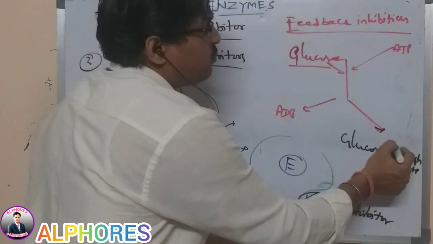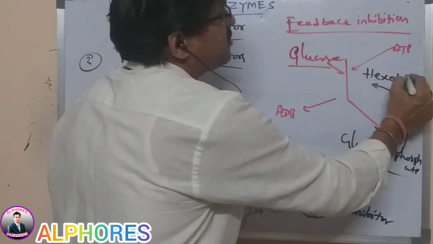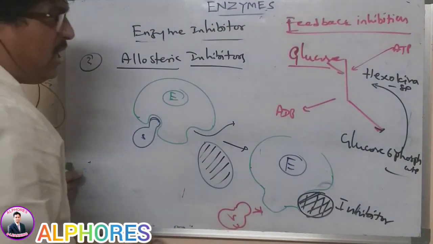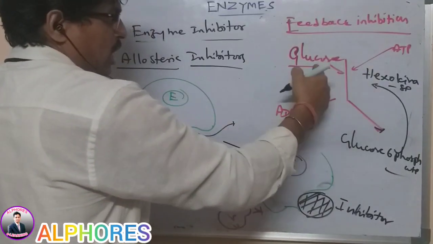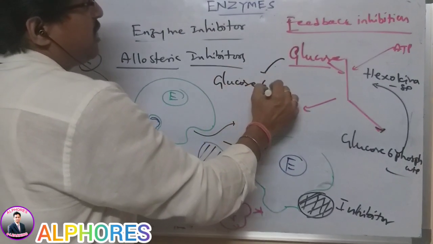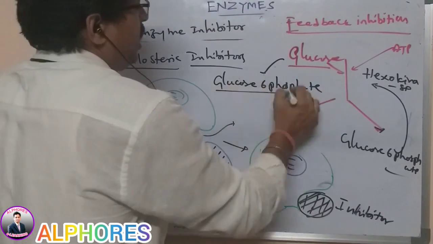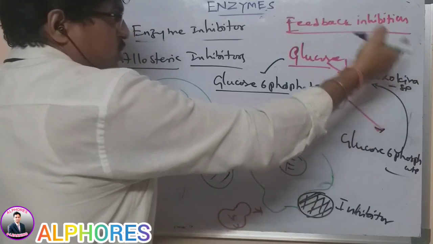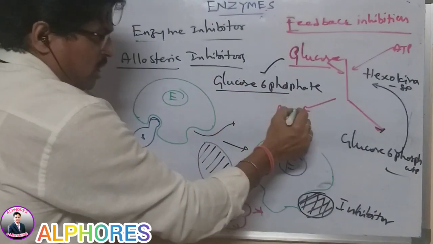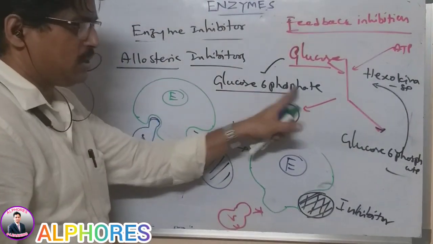The glucose 6-phosphate, where will it go? It will go and stop the functioning of the hexokinase. What is the hexokinase generally? The hexokinase is useful to convert the glucose molecule into glucose 6-phosphate. That means ATP transfers the inorganic phosphate to the 6th position of the carbon, resulting in the production of ADP. The product that should come out is actually glucose 6-phosphate.